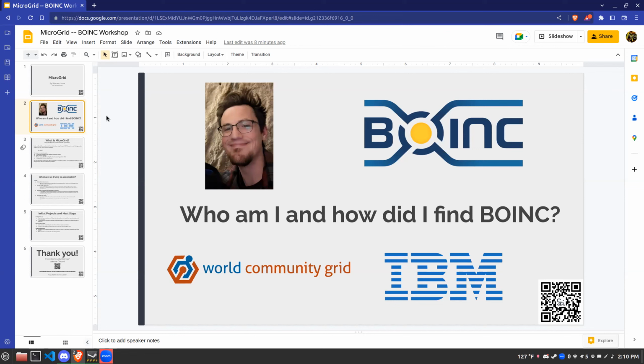Lo and behold, fast forward a couple weeks later, I was able to catch a stagnant process, and I determined that IBM, when they gave me the laptop, had pre-installed BOINC and pre-configured World Community Grid to run whenever my laptop was plugged in and idle. So that was a surprise. I saw this thing called BOINC, and I actually thought it was malware, to be very honest, because it was using all this processing power and I had no idea why, which led me down the rabbit hole to being here today, digging through and entering the community.